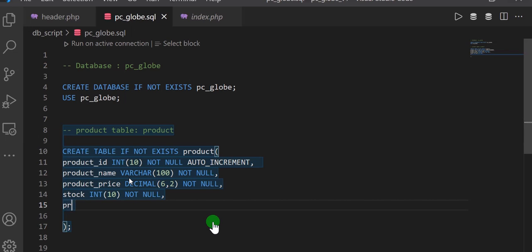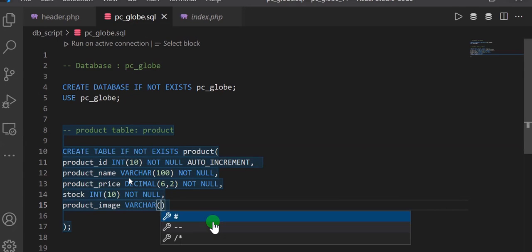So you're going to say product image, and you're going to give a default value to it. Product image. This is going to be varchar, because it's characters, the name of the image. And I'm going to call it like,